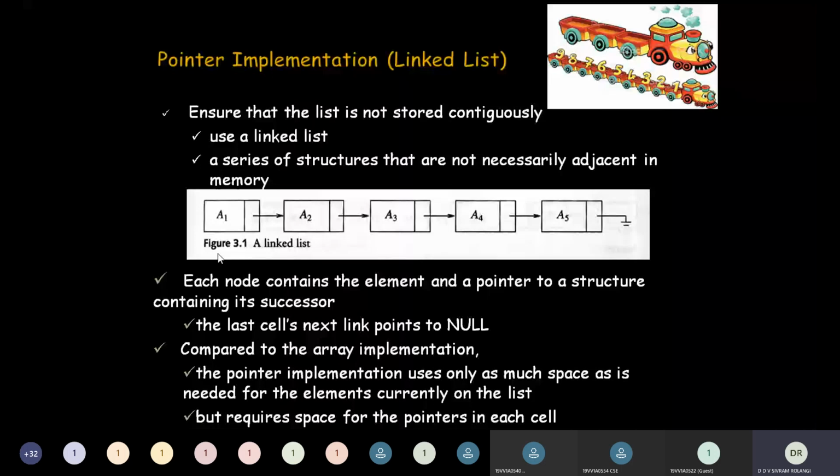Okay, whenever you want to grow your list, you can, at that instant of time, create your new node and attach it to the existing list. Or suppose you want to truncate some portion of the list, that can also be done during the runtime. So that is the advantage. The main advantage with the linked list is it can dynamically grow or shrink as and when it is needed, right? That is not the case with arrays.